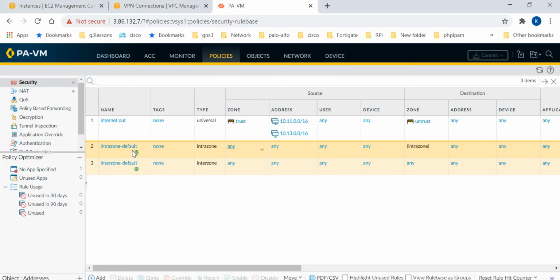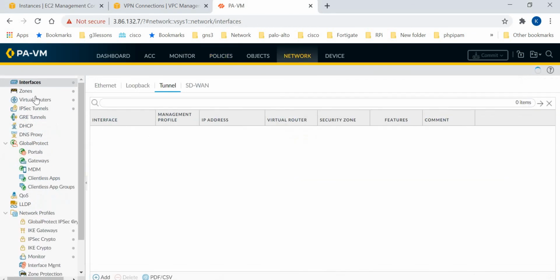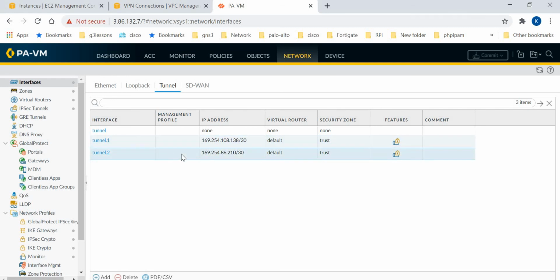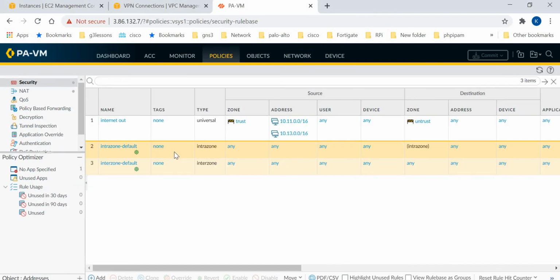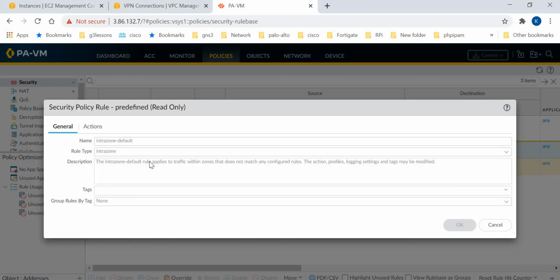When it comes to the Palo Alto Firewall, the tunnel interfaces to subscriber VPC 1 and subscriber VPC 2 are both in the trust zone. Since they both are in the trust zone, the intra-zone traffic is by default allowed as per the default policy created on the Palo Alto firewall. That means same zone to same zone traffic will be allowed. That's what it says here.